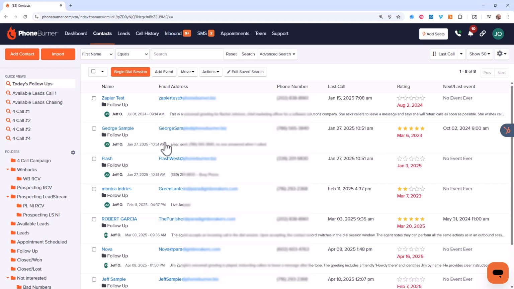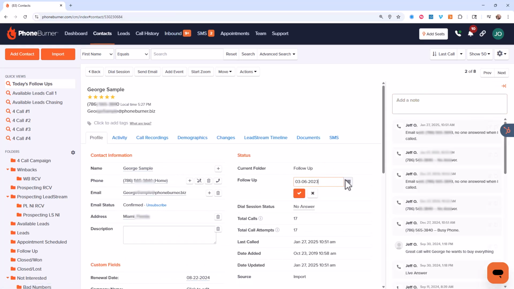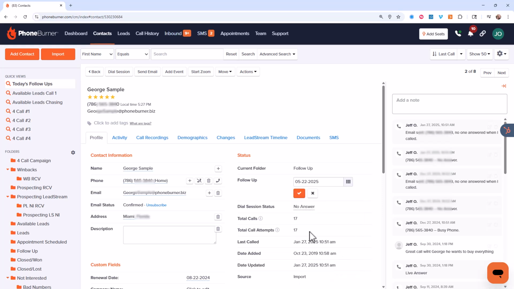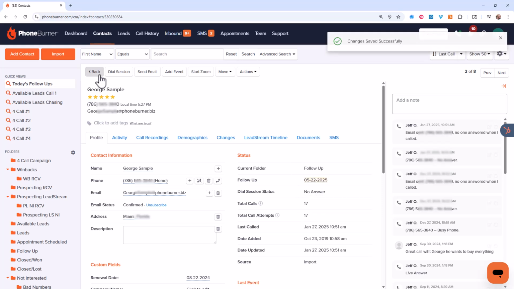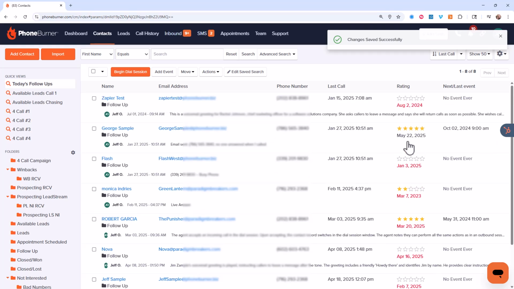If I were to edit George Sample, let's set his follow-up date to today. Save and go back, and you'll see it's just black because it's not past due. We mark it as red if it's past due. Everything else is black on the today's follow-ups,